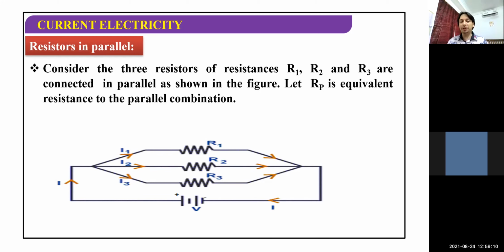Again, we have taken three resistors, three resistances. Three resistances means three different kinds of devices. So the first device has resistance R1, the second one R2, and the third one has resistance R3. And remember, children, I told you in your exams you have to use boxes to represent the resistance like that. Okay, so don't be confused with this symbol.